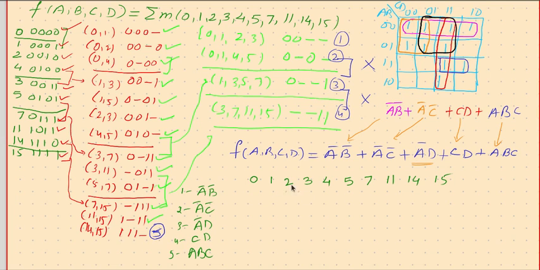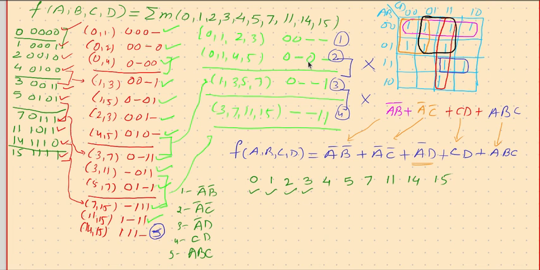So what it is trying to say is we need to see that minimum number of terms should be used so that each of the min terms gets covered. So how is it done? Just look at what each term is covering, which min terms. Okay, A bar, B bar. Where did you get A bar, B bar? A bar, B bar we got from this 0, 1, 2, 3. So just mark 0, 1, 2, 3. So this A bar B bar we got from 0 1 2 3 combination.